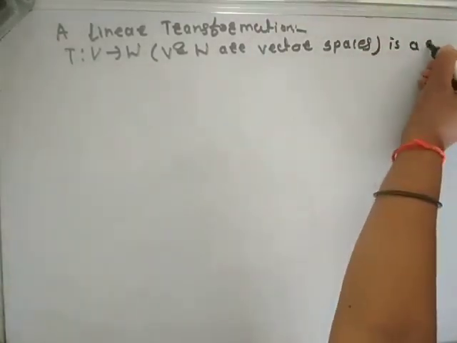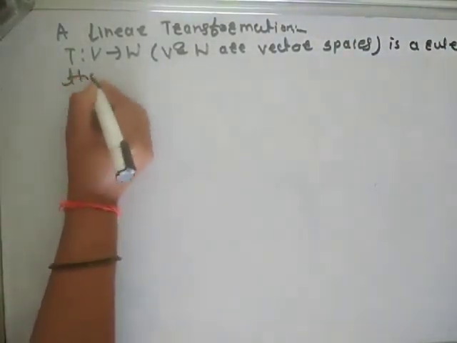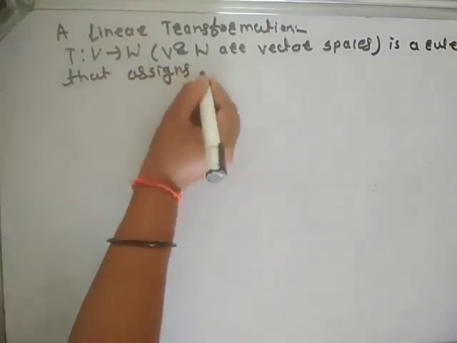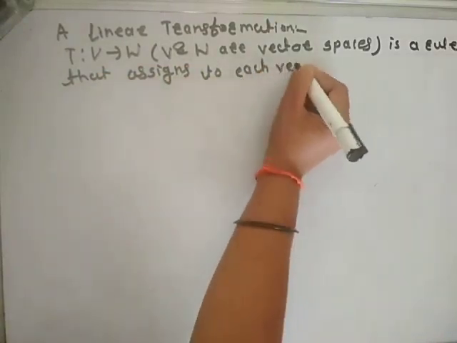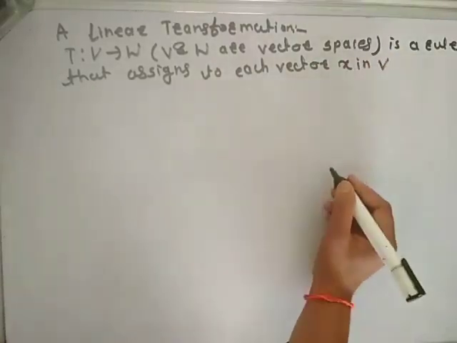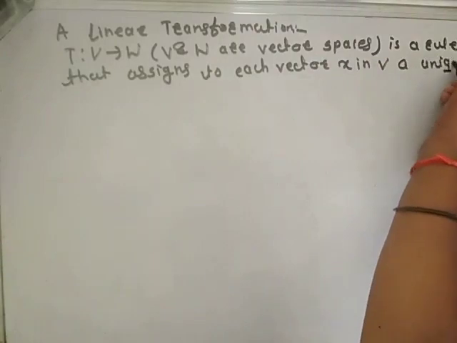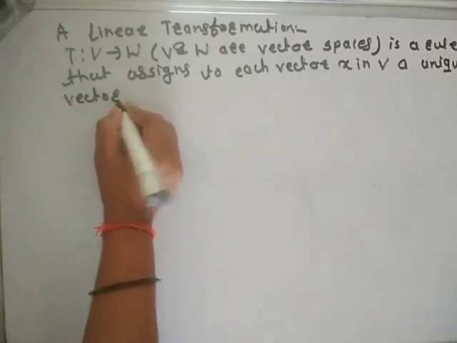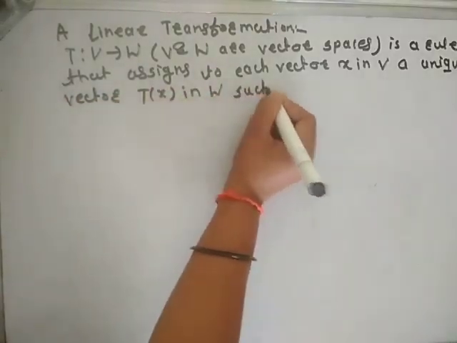It is a rule that assigns to each vector x in V a unique vector T of x in W such that